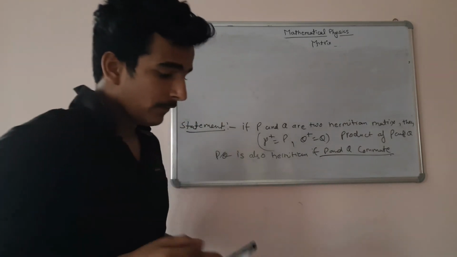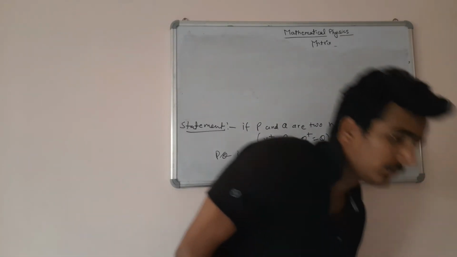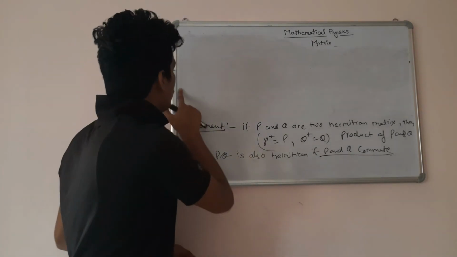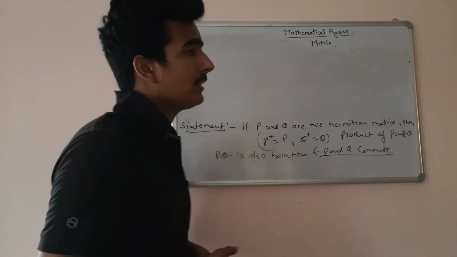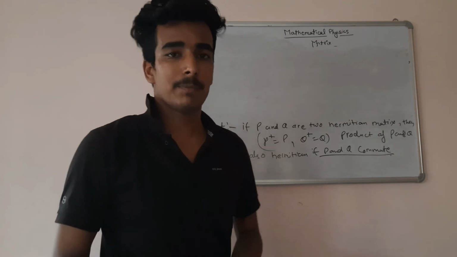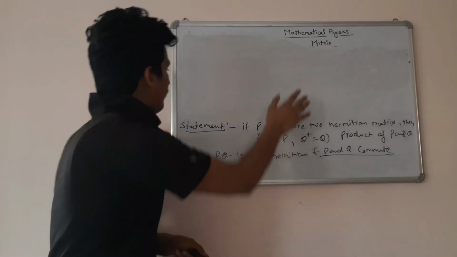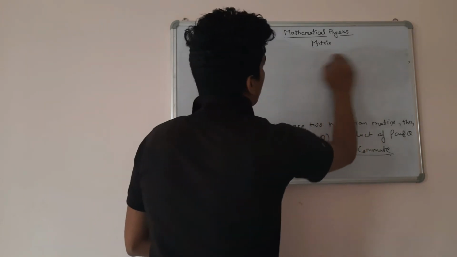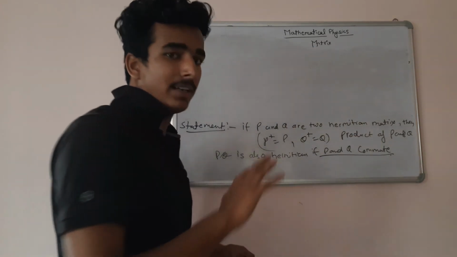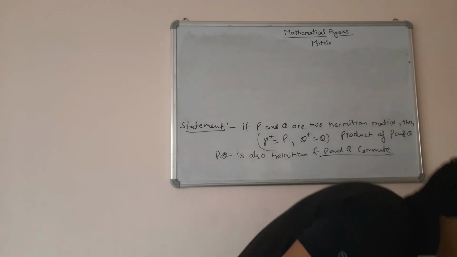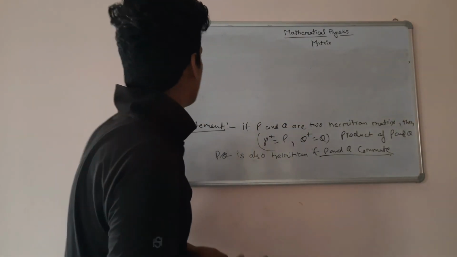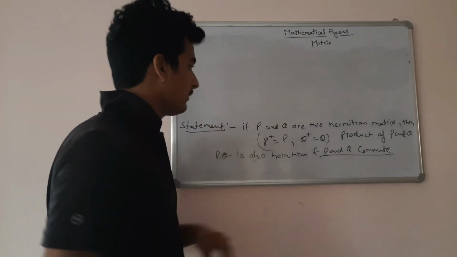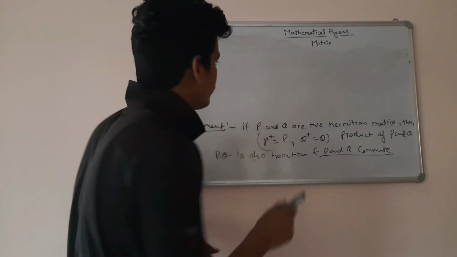In physics, there are very few things which are fundamental, which we take as given, and those are also not fundamental. Those are coming from the experimental aspects. I can say there is no such thing which we take for granted, thinking that it is as it is. We have to find the proof or experimental aspect of everything. So this is a statement. We have to prove it.